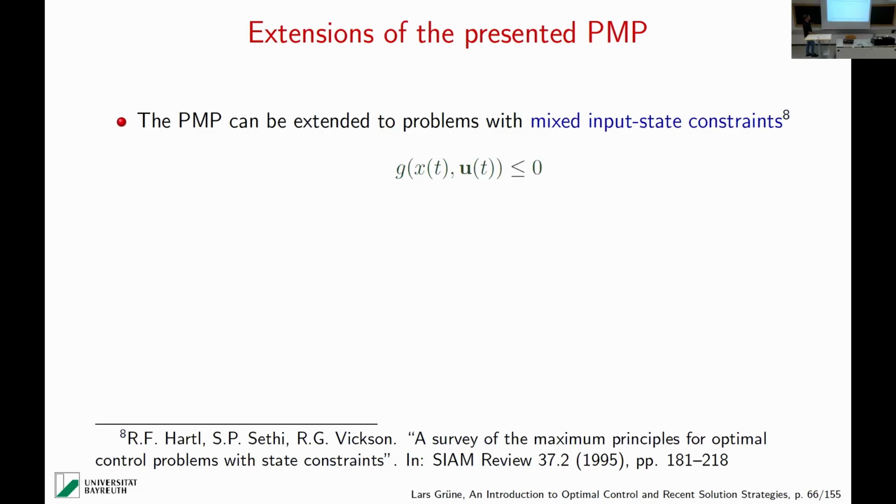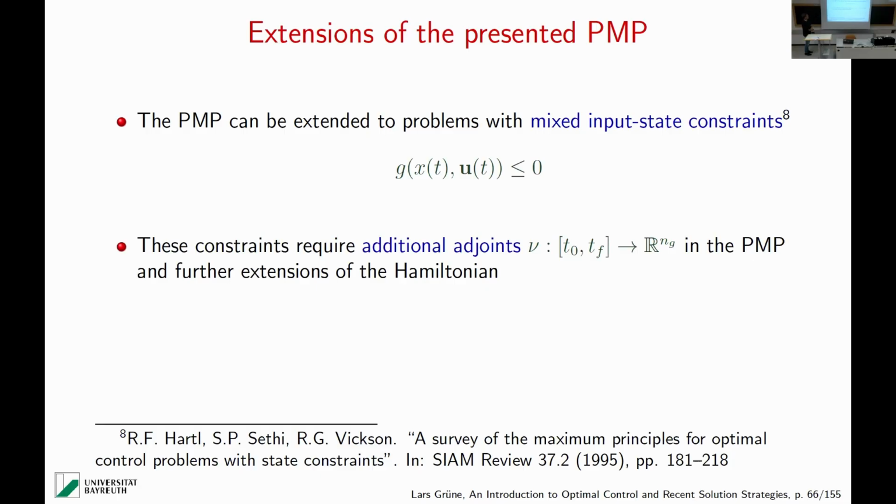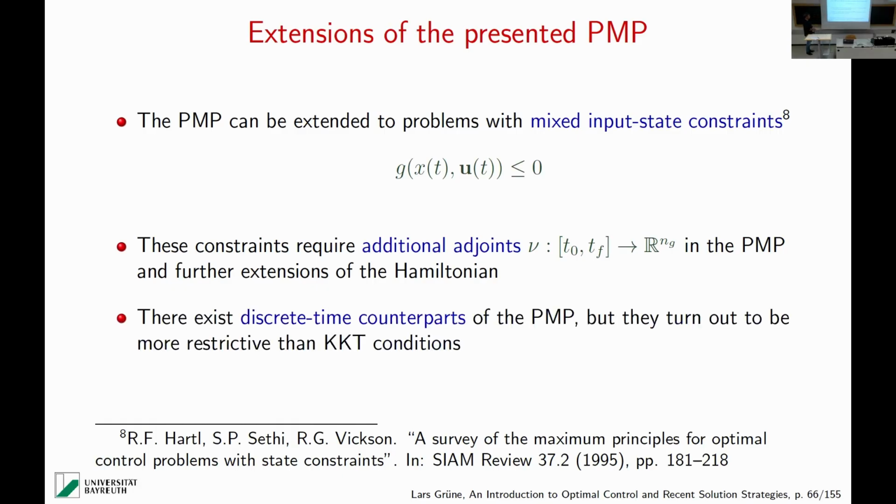Okay. Very quickly, if we have state constraints, and you can even make it as general as using mixed input state constraints where you have some function g depending on x and u that should be less or equal 0, then we can extend this. You will have to use additional adjoints, which we call nu, which multiply with this condition. And then you have this problem with active and inactive constraints. If any one of you has seen nonlinear optimization with inequality constraints, all the difficulties that you have there also appear here, and it can be very difficult to handle.